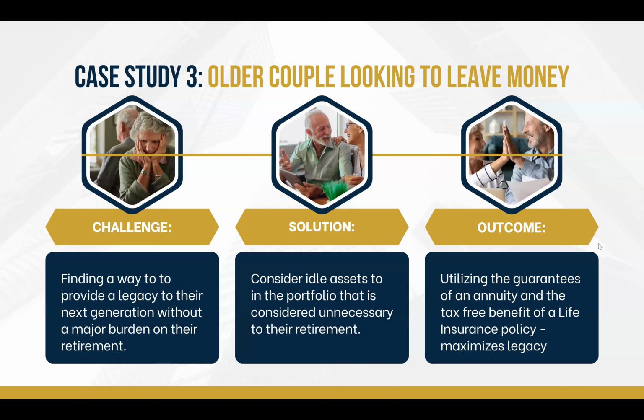Maybe they're looking for a way to leave a legacy to the next generation, but don't want to deal with a major burden during their retirement of trying to scrounge up money. Maybe they have some side funds, but they just don't know how to appropriate it the right way. So if we can offer them a solution like an annuity that gives them a tax-free benefit or a payout for the rest of their lives, ultimately giving a life insurance policy a premium,